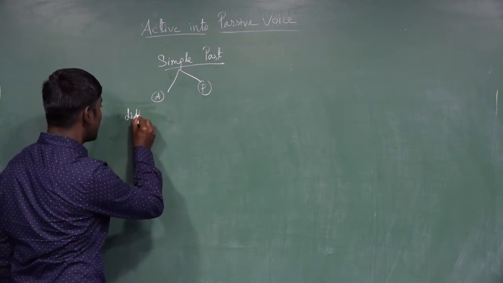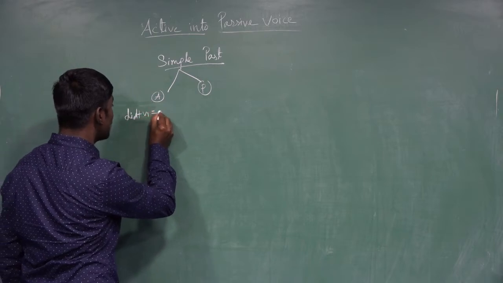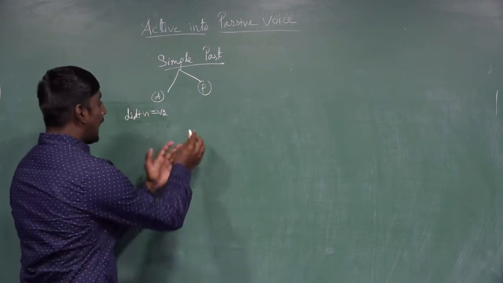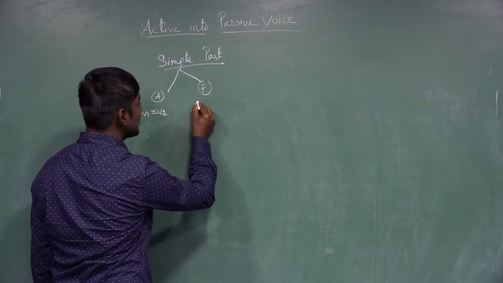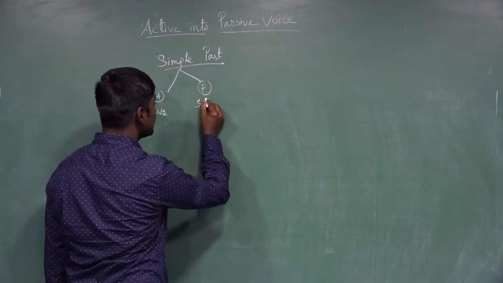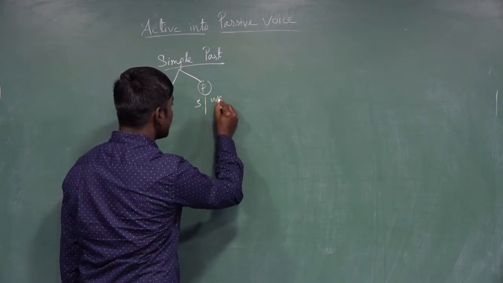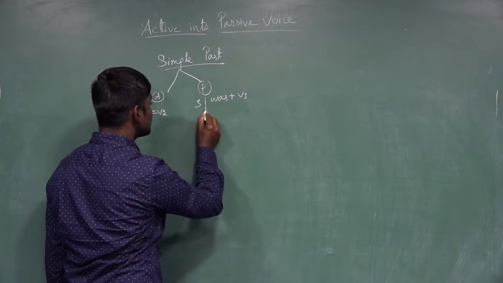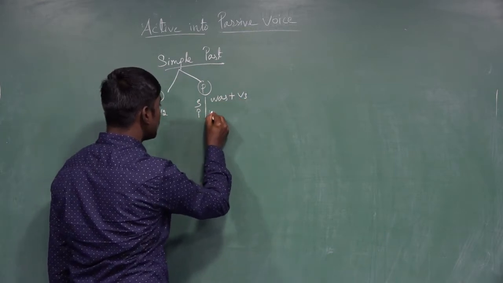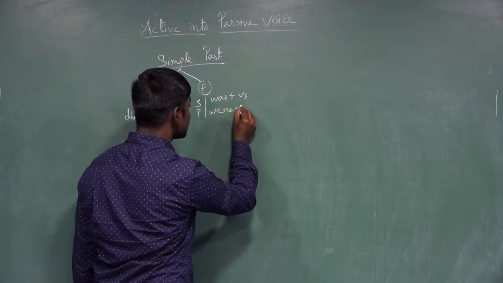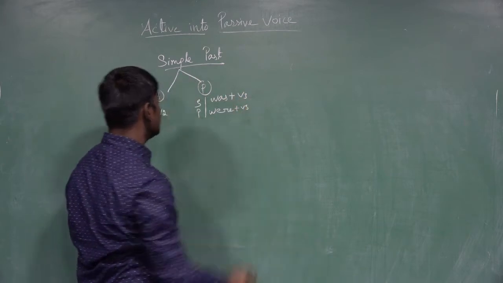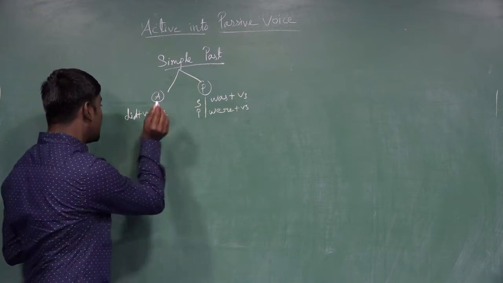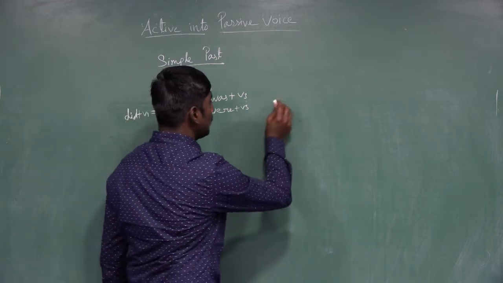Did plus V1, and it turns to the V2. And in the passive voice, if the subject is singular, was plus V3 form. If the subject is plural, were plus V3 form. So what is the auxiliary required? It is did. So for example,